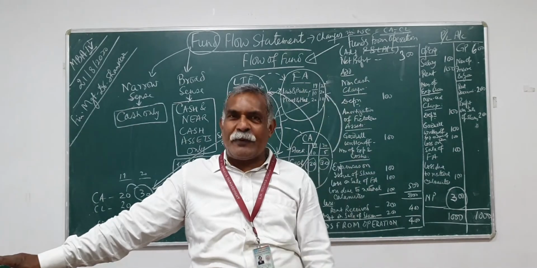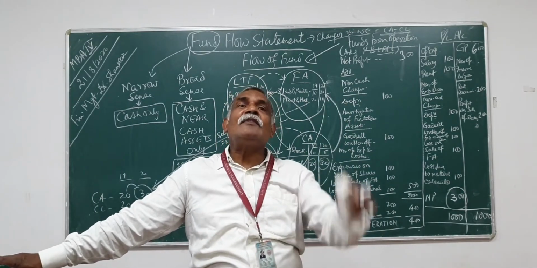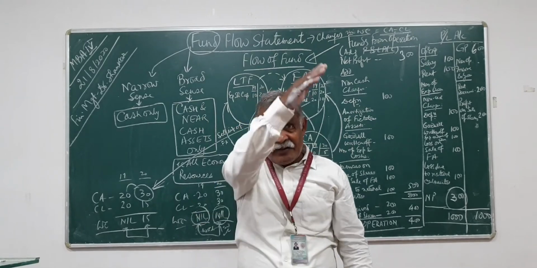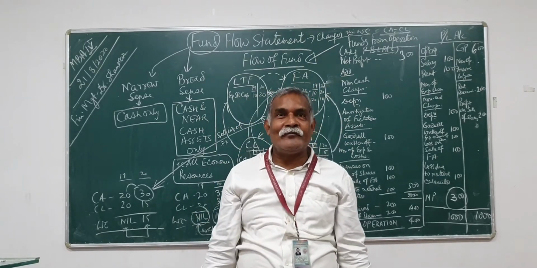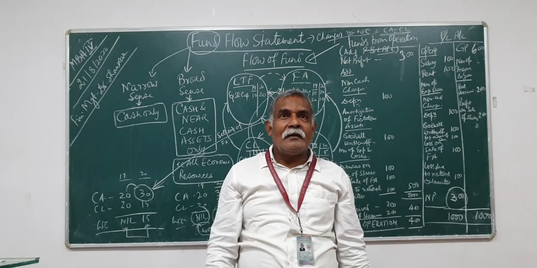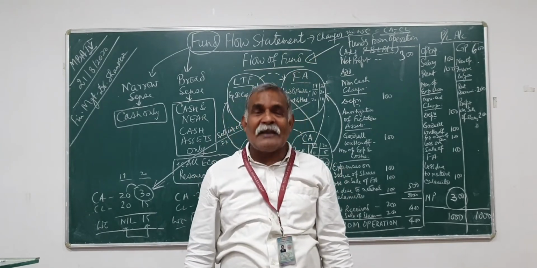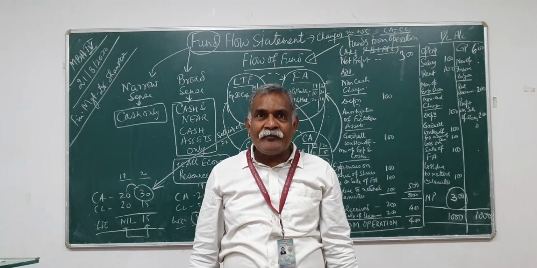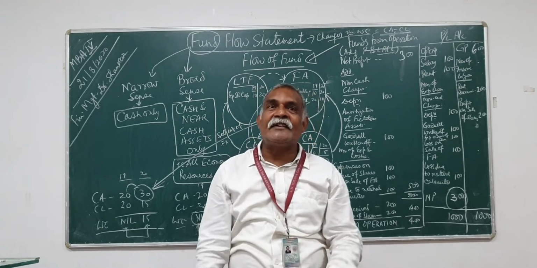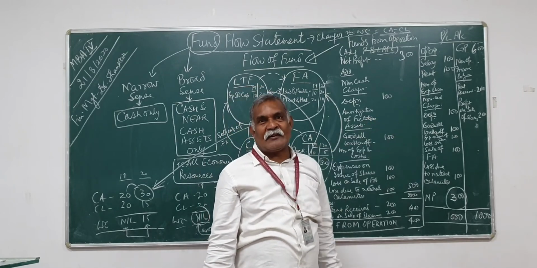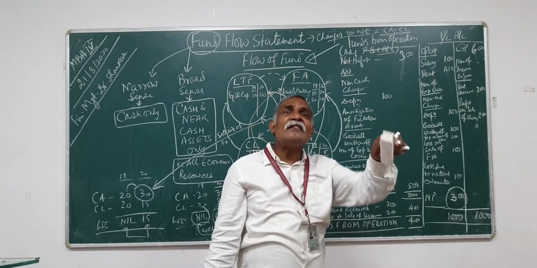That is also non-operating. And if the amount of goodwill is, suppose, 1,000 to 800, amortization means decreasing. Because of 1,000 to 800, there is a 200 decrease in goodwill. Amortization of fictitious assets decreases our net profit, because this 200 we will consider under the debit side of the profit and loss account. Again, there is loss on sale of,